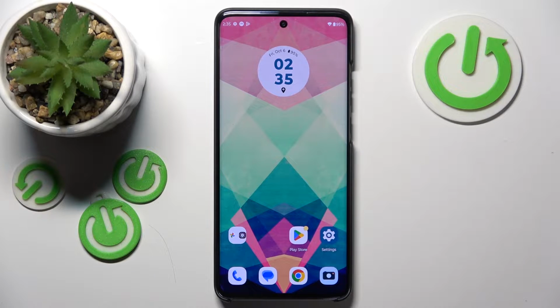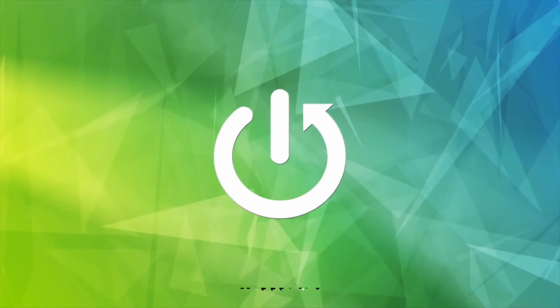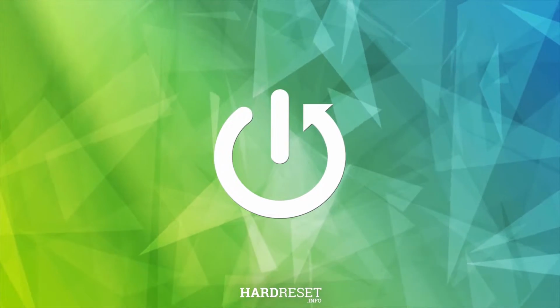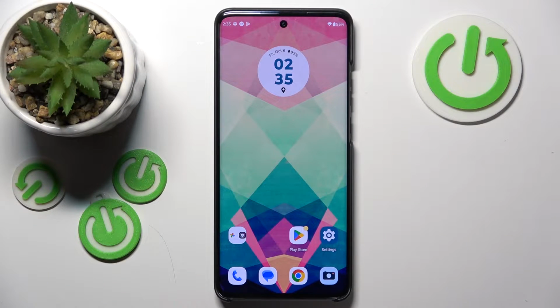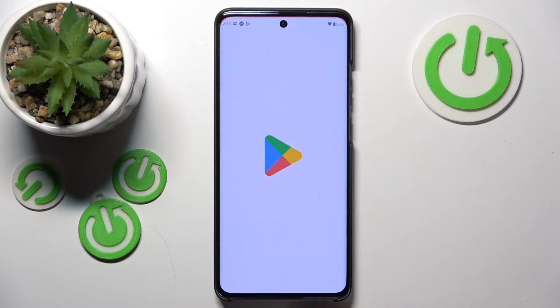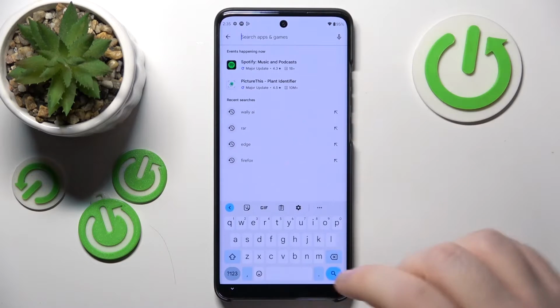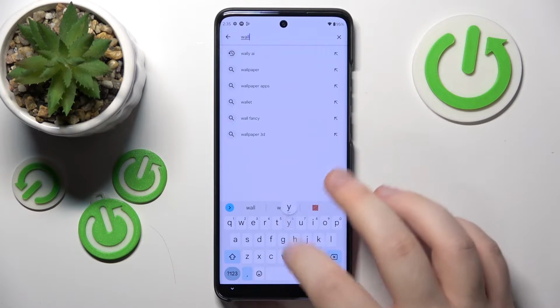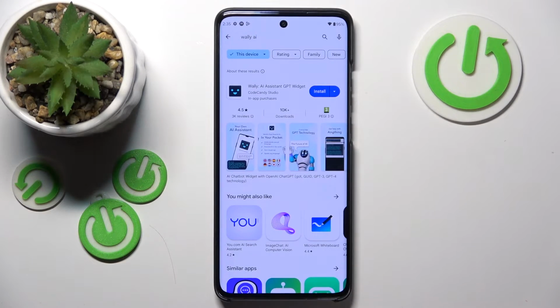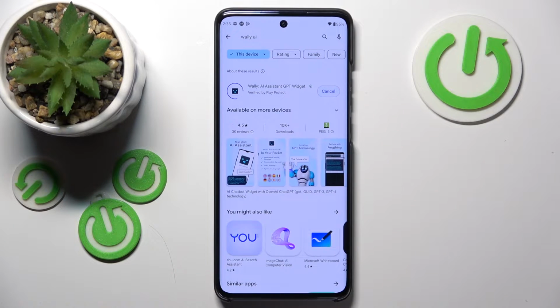Hello, in this video I will show you how to install Chat GPT Widget on Motorola Edge 14 Neo. So you have to start with opening your Google Play Store. Now click on search bar and type in Wally AI and click search, and now click install